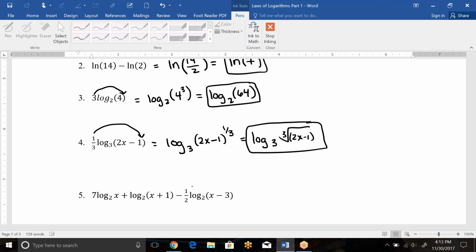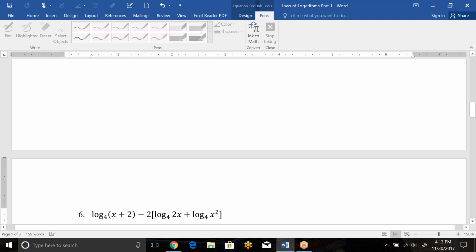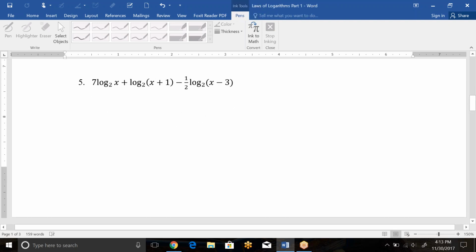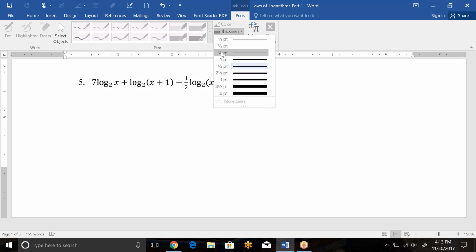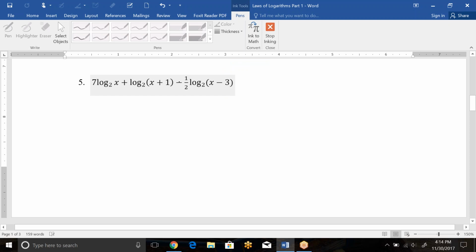Okay, so jumping from some of these that had just a single property to apply, we're now going to look at one that has quite a few things going on. For number 5, the first thing I'm going to check for, since there's multiple operations and I see lots of numbers, is whether any numbers are in front of any logs. I see a 7 in front of the first log and a 1/2 in front of this log right here. I know there's a negative in front of it. Remember, the negative is going to be one of our properties, so that's a subtraction sign. So if I put this 7 back up on that x and the 1/2 back up on this x minus 3, this will be log base 2 of x to the 7th plus log base 2 of x plus 1